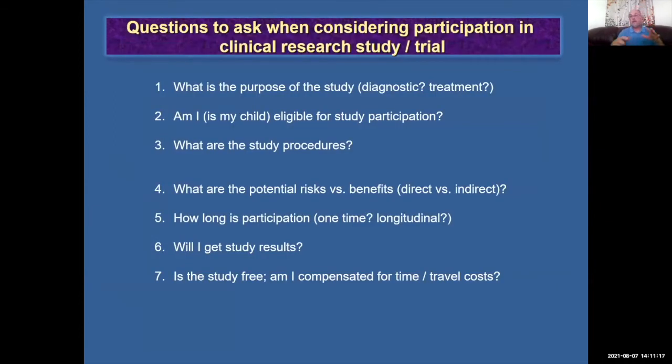So basically, when you see this information, you can ask some questions. Some of them are probably answered more or less based on the clinicaltrials.gov website. What is the purpose of the study? Am I or is my child eligible for participation? What are the main study procedures? But of course, you may have more questions that you need to ask. You need to